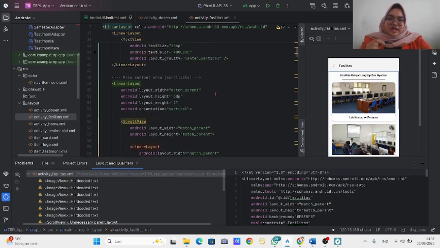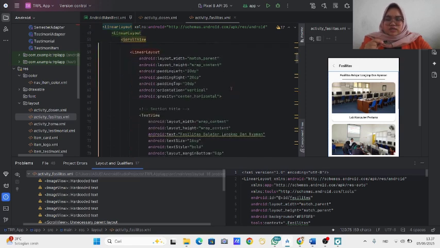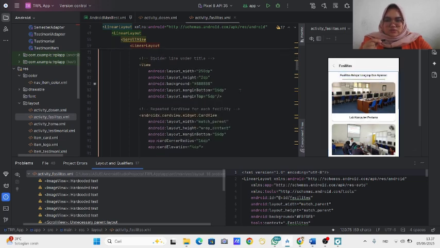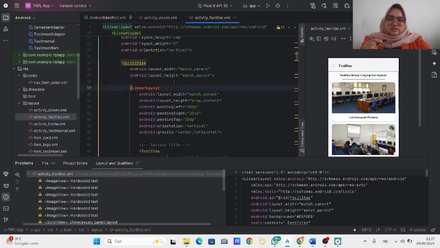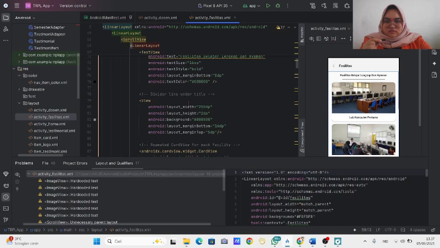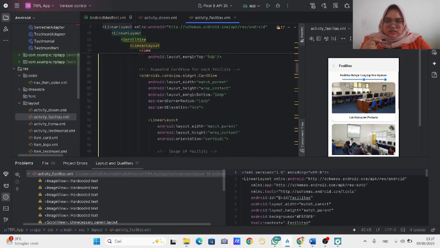And the main content area, scrollable, we use a linear layout too, a scroll view, and then a linear layout, and then a text view for the section title, fasilitas belajar lengkap dan nyaman, and we use a divider line under the title. Then a repeated card view for each facility.